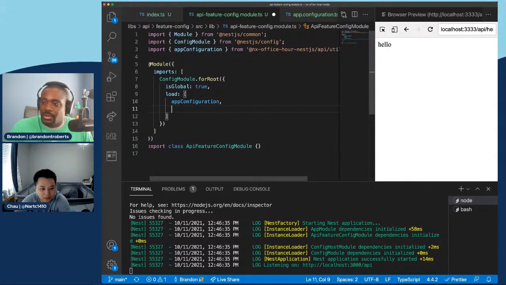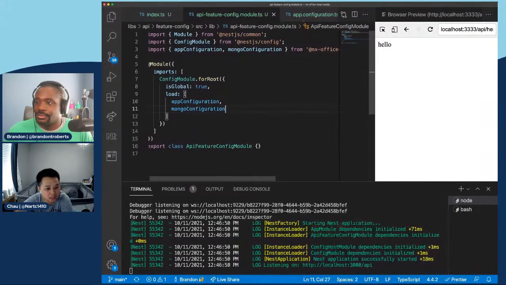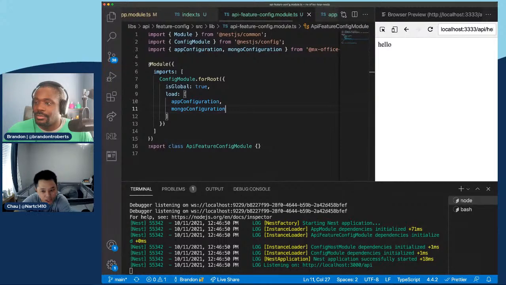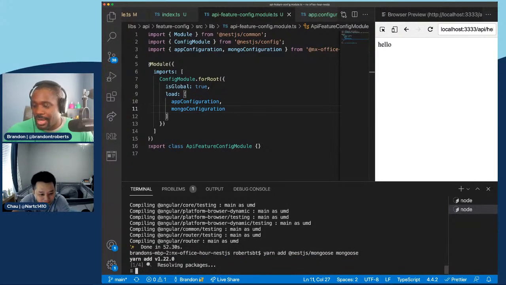Okay, app configuration, Mongo configuration. Now we're going to add a Mongo dependency to the project. You're going to have to do yarn add again here. So do yarn add @nestjs/mongoose, and mongoose. We still need the actual mongoose. That's it. We'll add that,